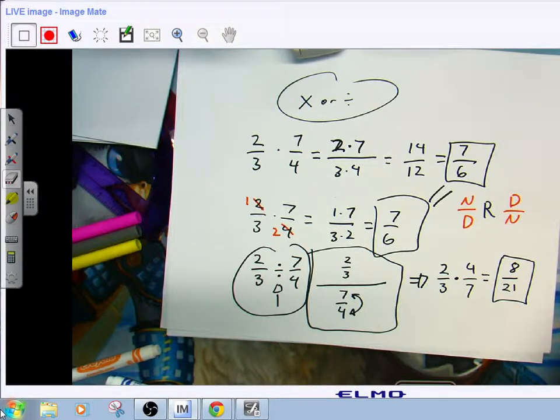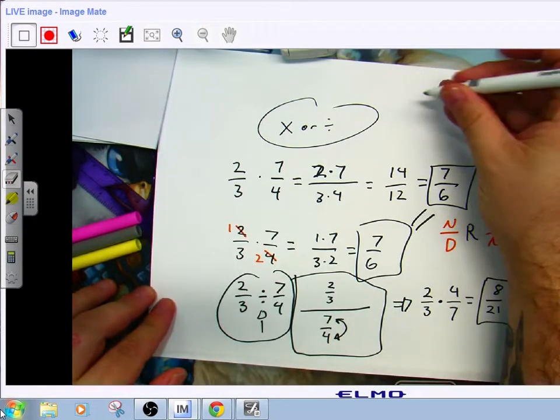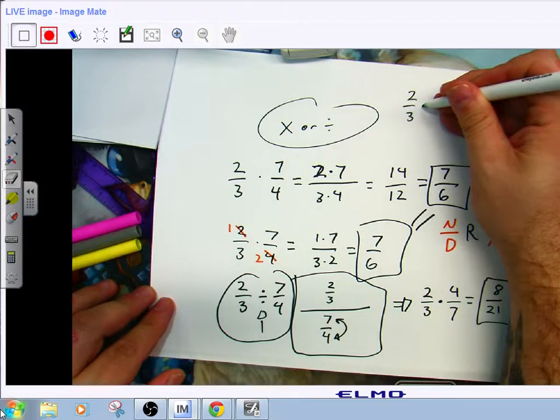Now this works no matter what. If I had 2/3, but I was dividing it by,